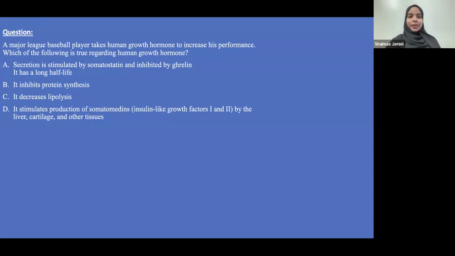Okay. So the next question is, a major league baseball player takes human growth hormone to increase his performance. Which of the following is true regarding human growth hormone? Increase, okay, stimulates, yes, yes, okay. So basically,